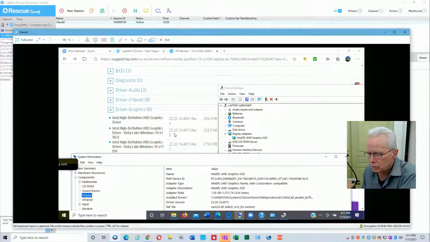These version numbers, 23.20. Here we have a 23.20, 0.16, 0.4973. And so that clearly identifies that we are on this driver, and that is the highest revision number of any of those. Now, I have seen